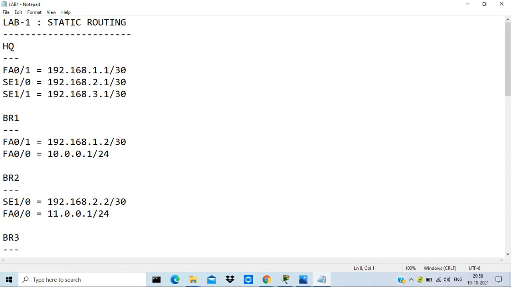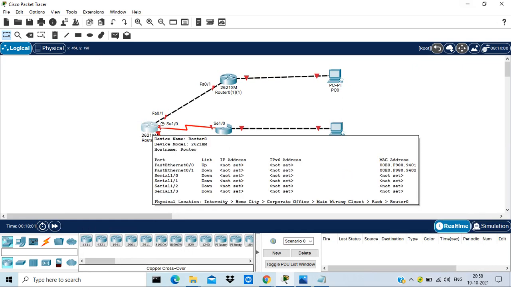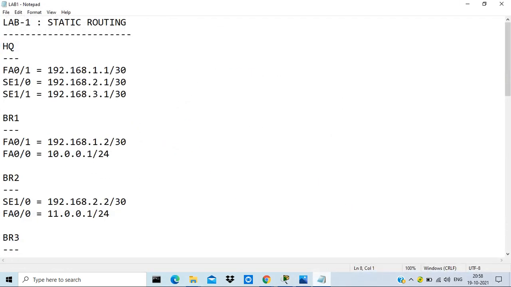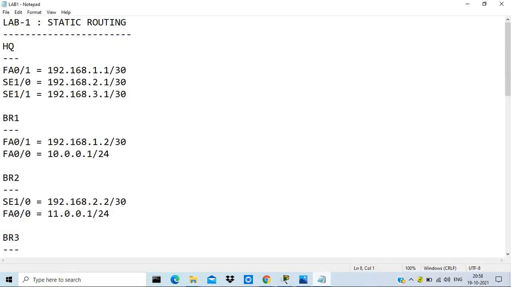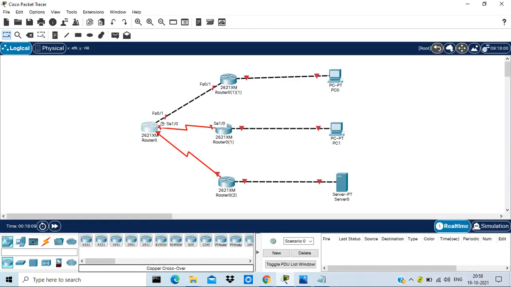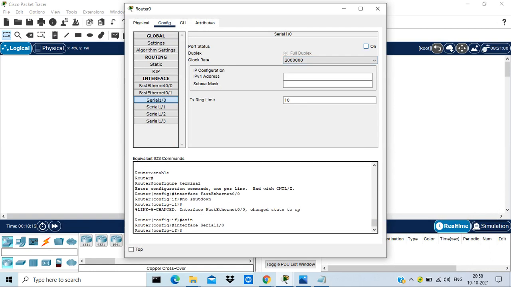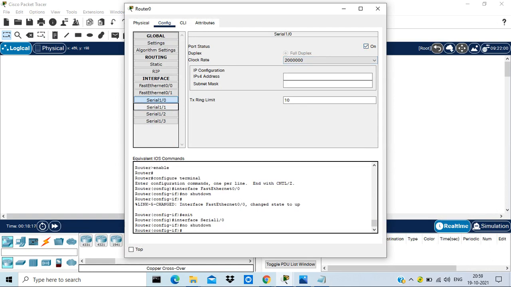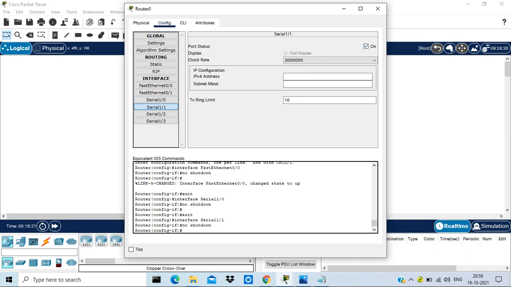AC 1/1, 1/0, and FA 0/1. Okay, so 0/1 we have enabled, 1/0 powered on, and 1/1 it has also been given the no shut command.